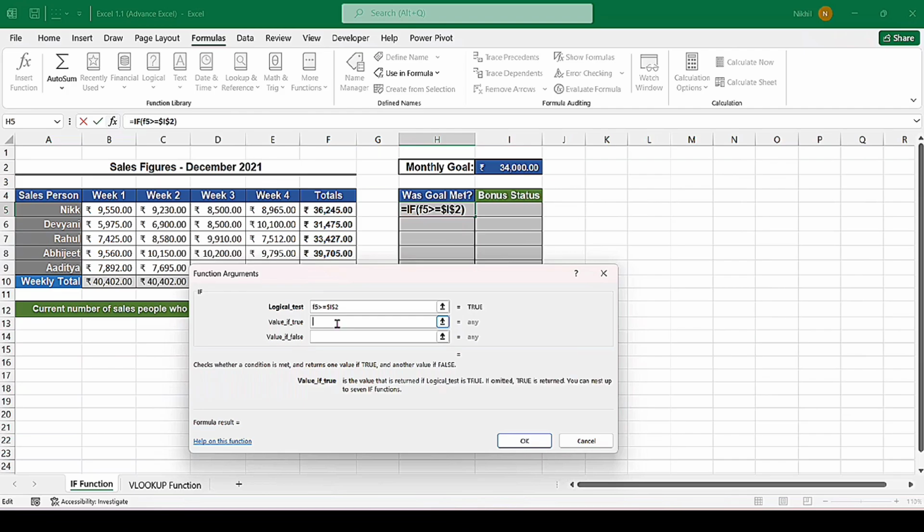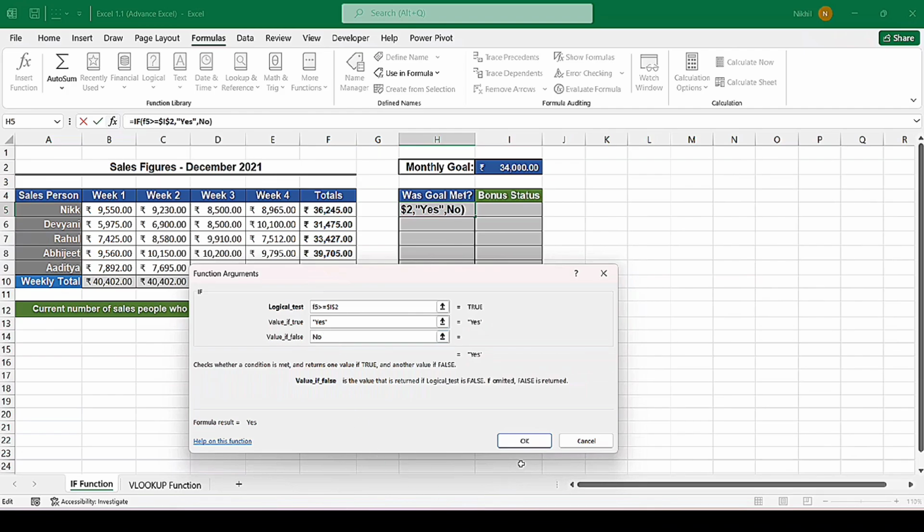In the second argument, if the condition is achieved, then what should be written in the cell, we have to type over here. So if the condition is achieved, then write yes. In the third argument, if the condition is not achieved, then what should be written in the cell, we write in the third box. So if the condition is not achieved, then write no.